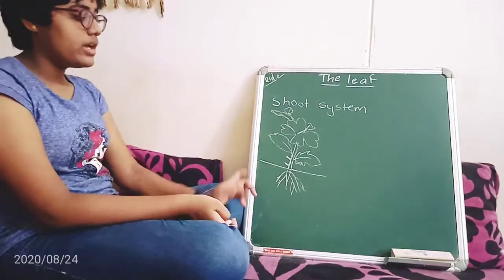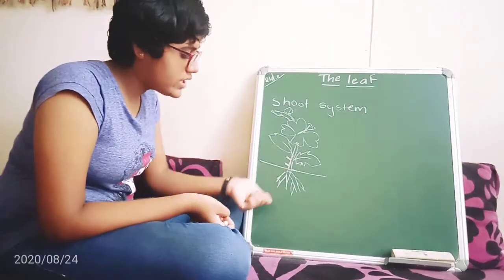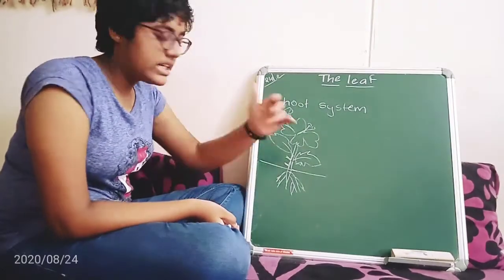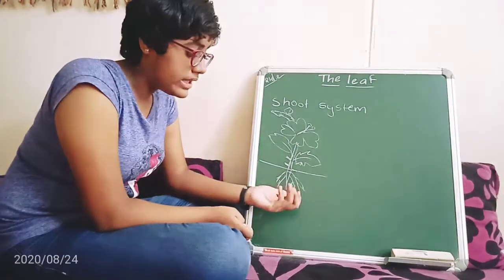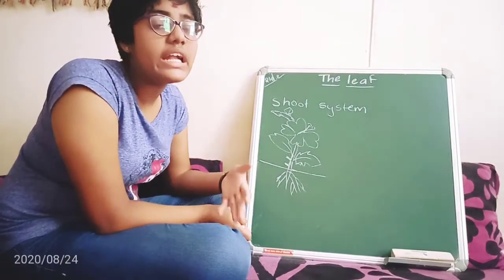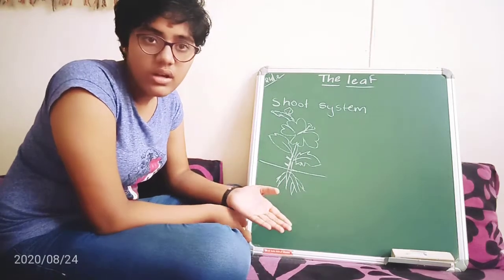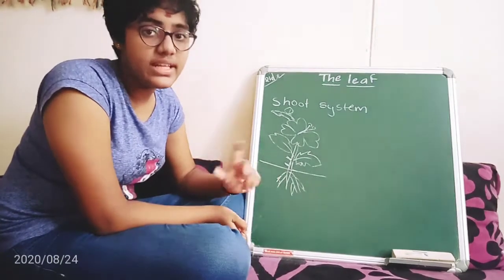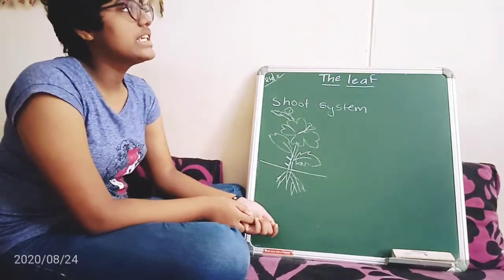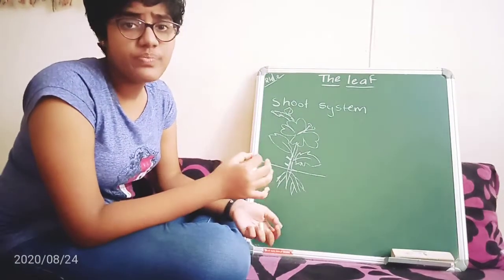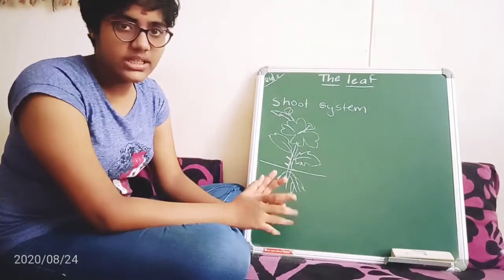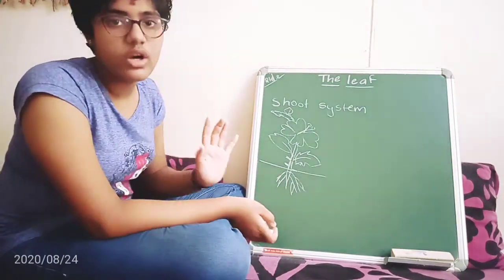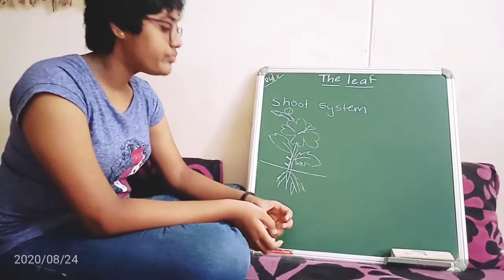With this diagram, you are clear that the main root is the extension of the stem under the ground. Root, what is the definition of the root? Root is the underground part of a plant which grows towards the gravitational force, right? What is gravitational force? Gravitational force is the force with which the earth, where we are living, pulls a body, not push. Pull means what? Dragging towards itself. Pulls the body towards itself.